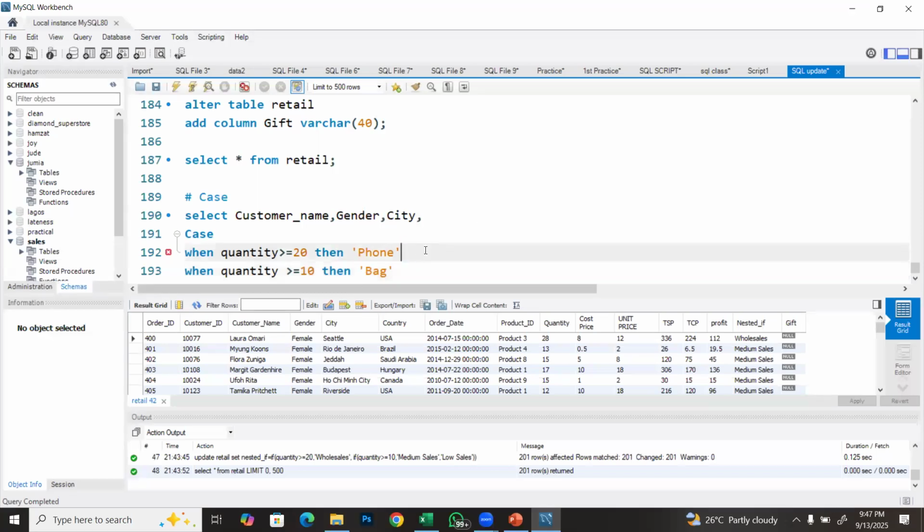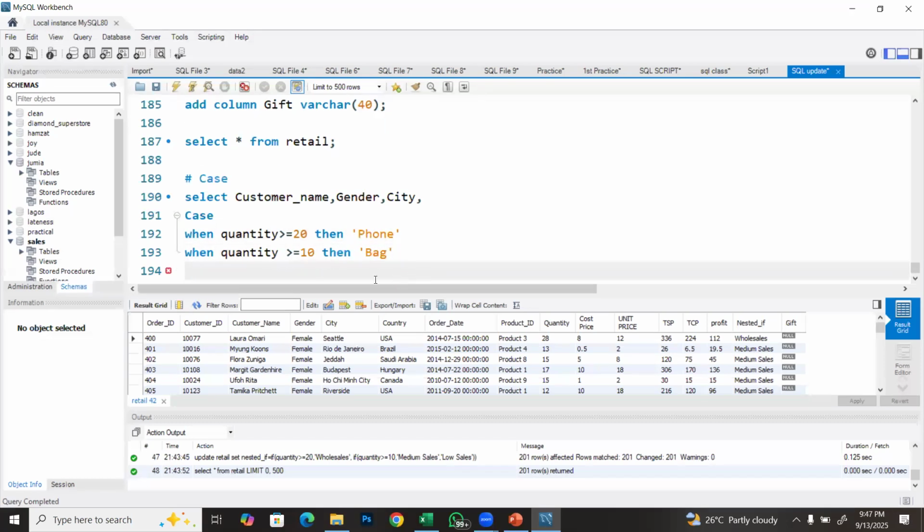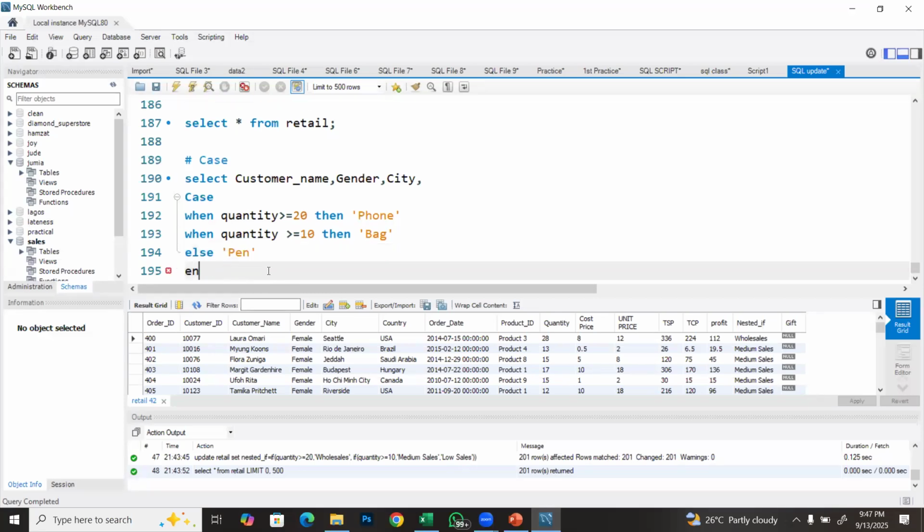Then the last thing, let's say else, give us the last set of people, give them a pen, right? So we can now come down here and say end case